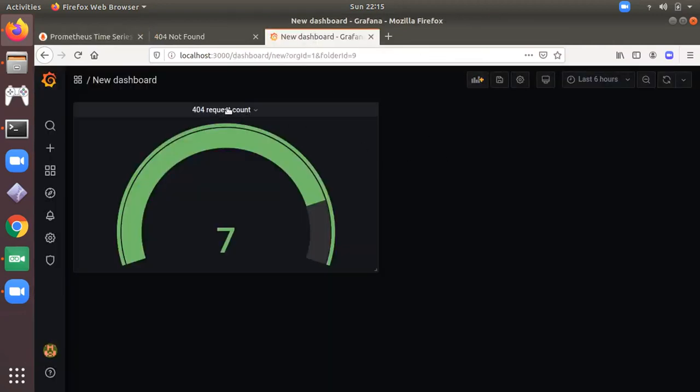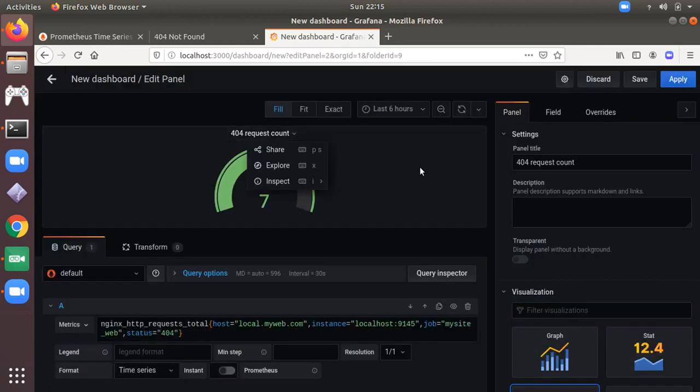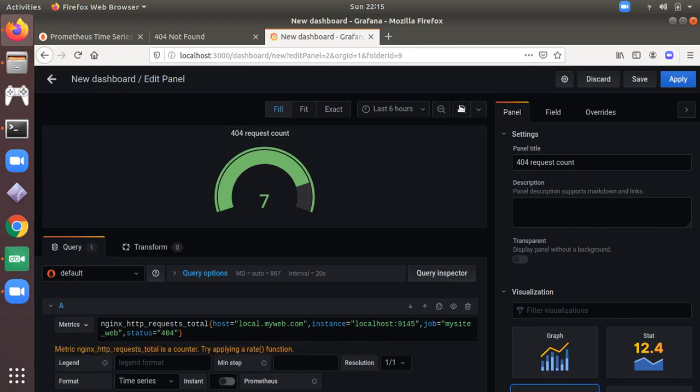And now if I go to this page, this panel, edit, and I click on refresh. Just a minute. It's showing you there are 8 records with 404 request count. So if you want to check the real-time data, you can set a threshold or time limit from here. Let me put it at every 5 seconds. So every 5 seconds Grafana will check the metrics in Prometheus. So now it's the same.